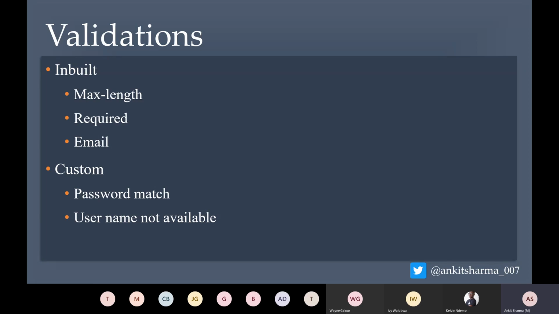Similarly, the required property means the field is required and you have to fill it. As I showed you in the example of the Angular Kenya form, which you filled to attend today's session, all the fields are required. Third, we have the email validator, which checks if you have entered a correct email value. It checks for the email pattern, which is something@something.com or dot something. That is an email pattern.